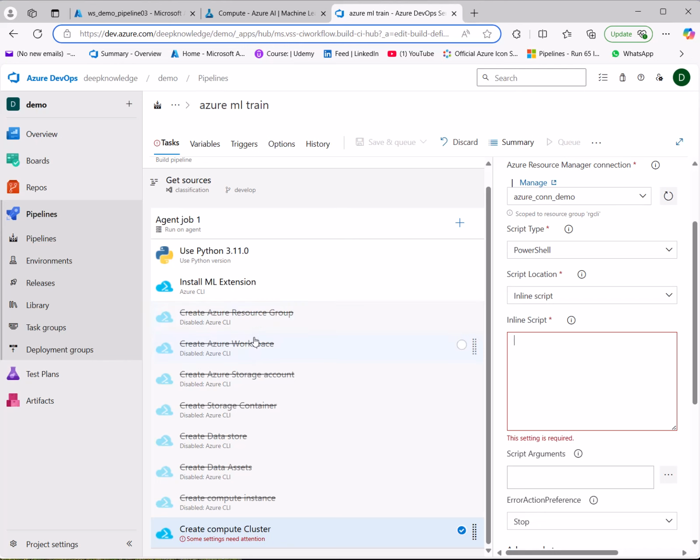So I have created the resource group, Azure workspace, storage account, container, data store, data assets, and sometimes you need the data compute instance. And now I will try to create a compute cluster via Azure pipeline. So you can see here, this is